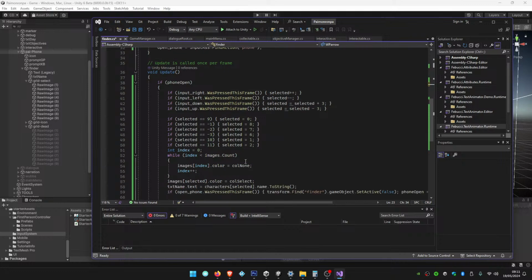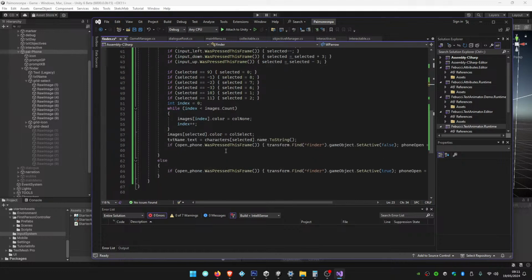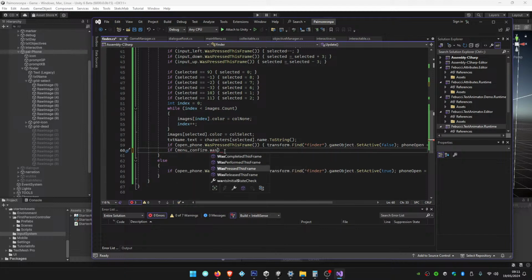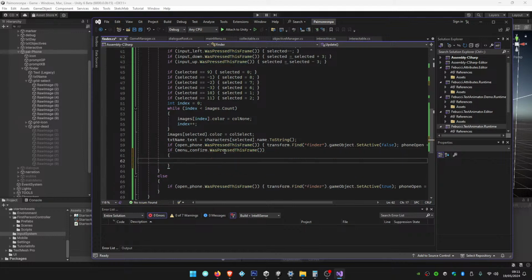So essentially, when we press confirm on the frame,